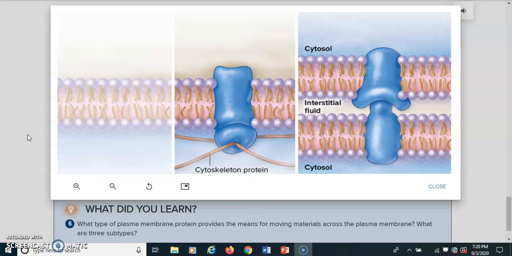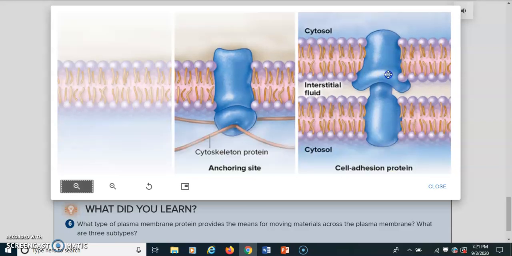So the last function that a membrane protein can have is in cell adhesion. This is a protein that's in the cell membrane of this cell, and this is a protein in the cell membrane of another cell. And so they can serve as cell adhesion proteins. That just means that they can connect to each other, and when they do that, then they connect